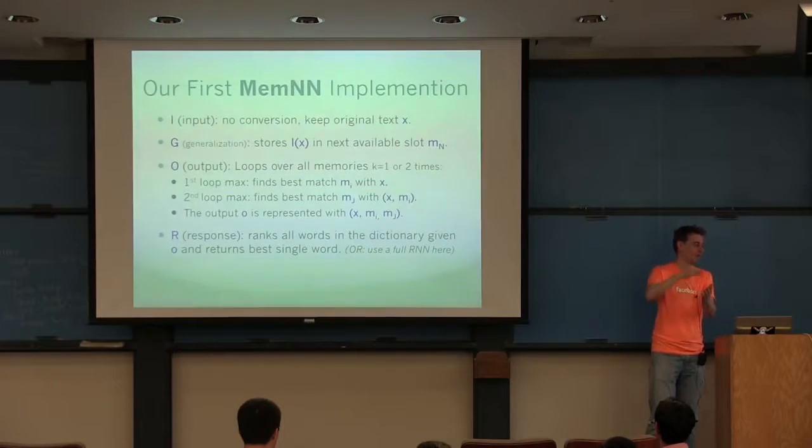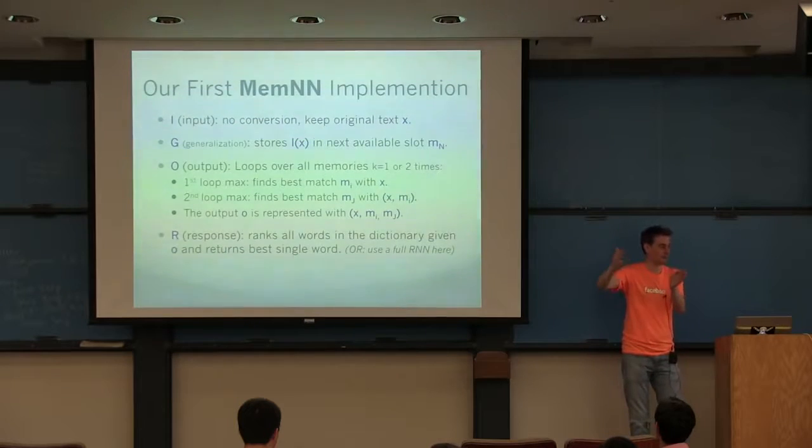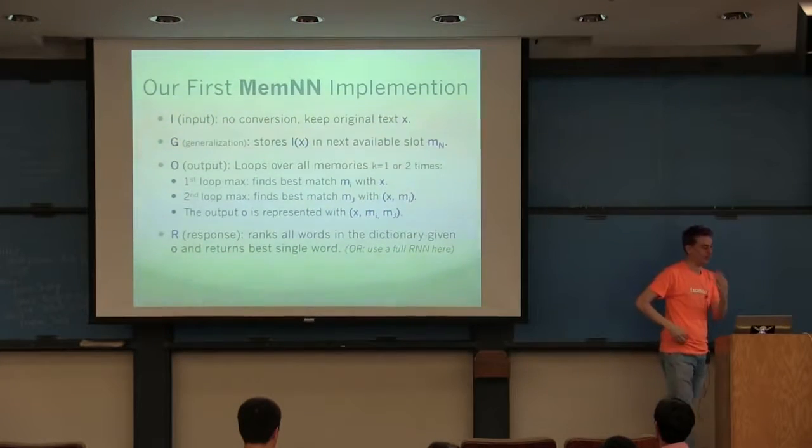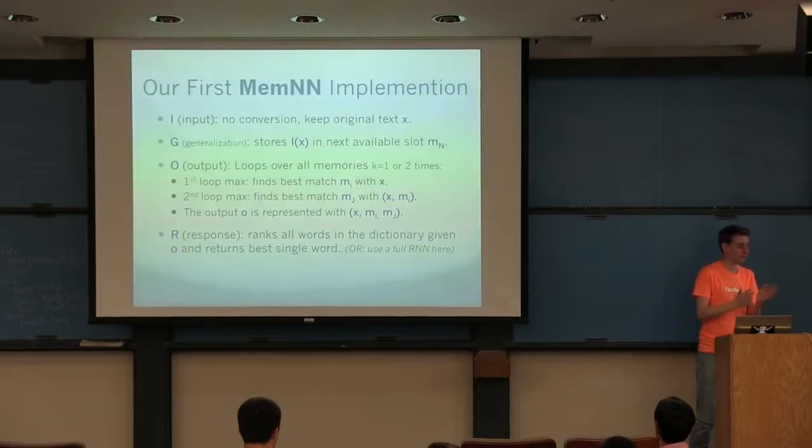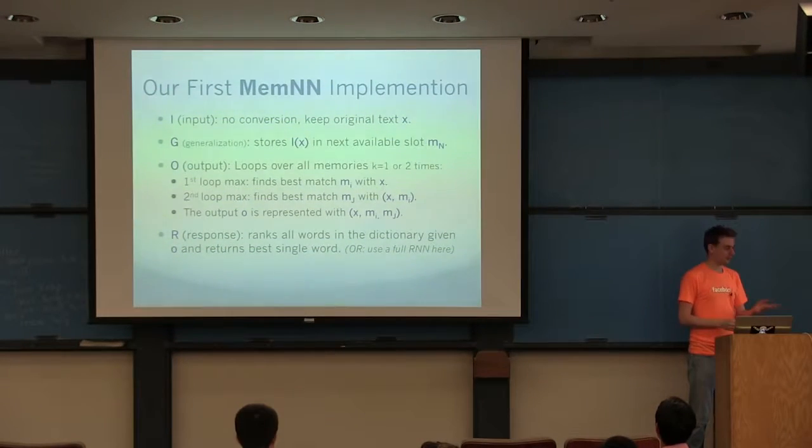If you don't hit that one, then you do another loop and keep conditioning on more and more memories until you hit the stop memory. So that's one way you could have an adaptive number of hops, and we've explored that. The other question is about going across all the memory.